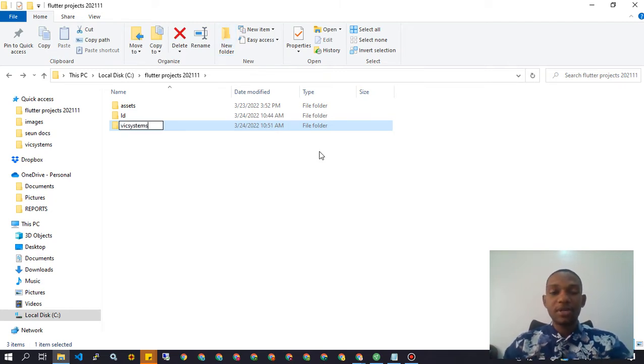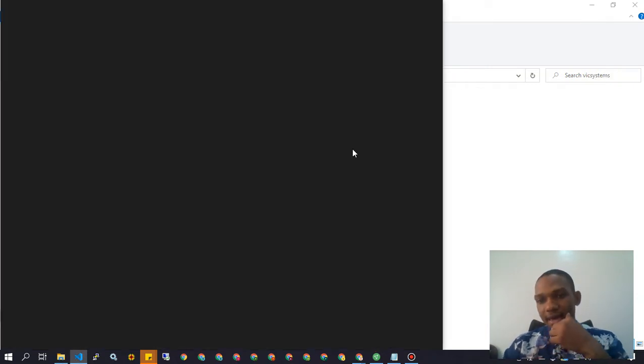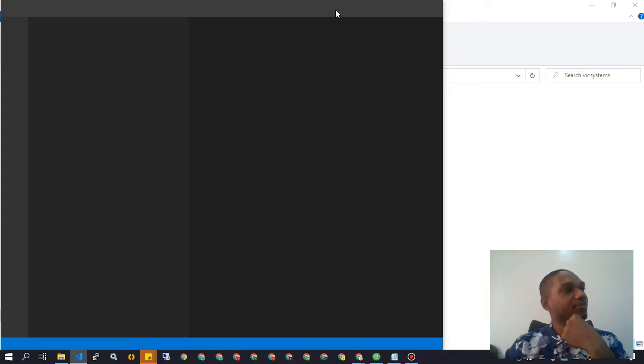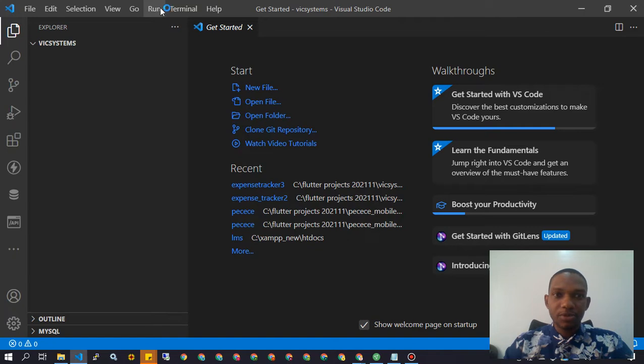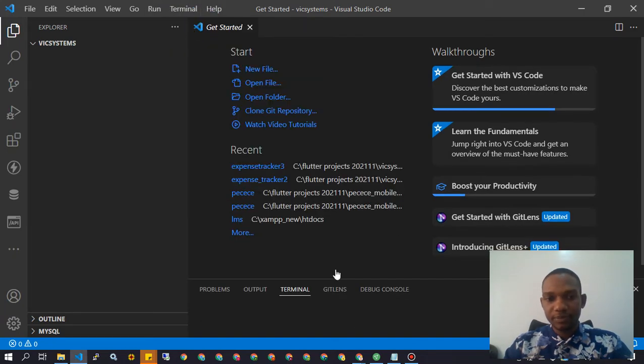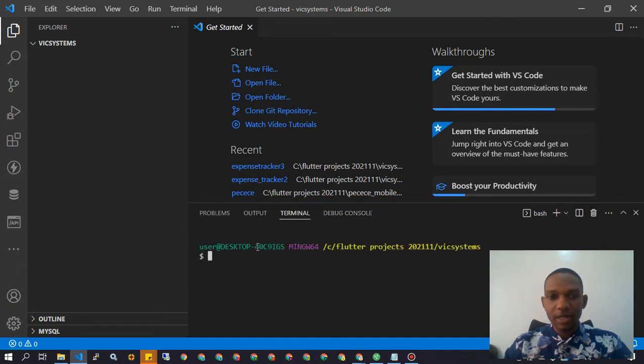So I'm just going to create a folder on my system, open this folder up with VS Code. Okay, I'm just going to be opening up a new terminal here. Alright, and herein I'm going to be putting in the command flutter create. And we're just going to call this expense